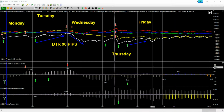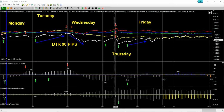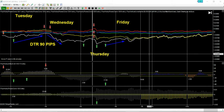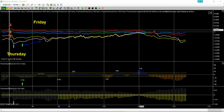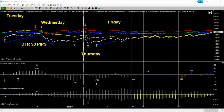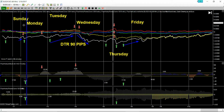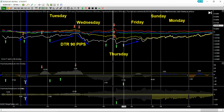Welcome back, traders. Trading the U.S. dollar Canadian. All right, this is going to be the last of the down moves for the Canadian for a while because it looked like we're just going up until we get to, looks like Wednesday again, looks like a fall. But for the most part, we'll be looking for an up move because what I could do right now, since these days are over, this is how I do it. Sunday, because we already got the times already for Sunday. We got times already for Monday,